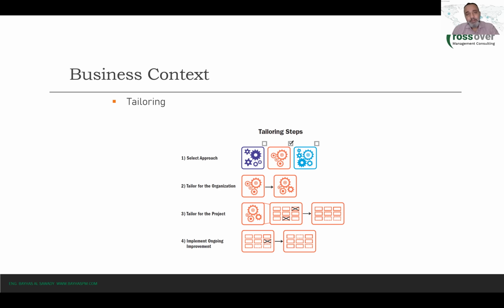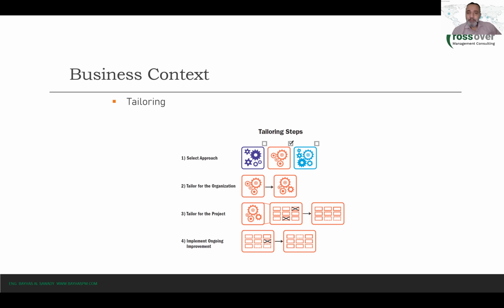So if you don't have any question, we move on and we continue explaining about the business context. And again, you will have like 8% of the PMP exam questions focusing on the business context. So it's not that large a number of questions, but I think it's fairly easy to answer those questions if you understand well the business context. Okay,